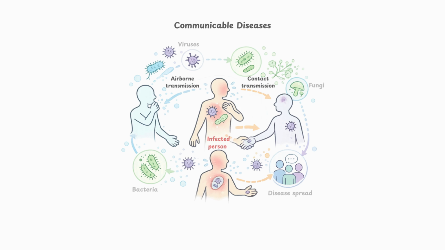Here, we can see how non-communicable diseases, or NCDs, develop because of lifestyle and environmental factors rather than infections. Unlike communicable diseases, these conditions are not caused by pathogens, so they cannot spread from one person to another. On the left, the visual identifies several primary risk factors: smoking, a poor diet, alcohol use, and a lack of physical activity. These habits can gradually take a toll on the body, setting the stage for serious health issues later in life. At the heart of the diagram, the central figure illustrates the long-term impact of these behaviors. Arrows lead from these risks to specific NCDs on the right, such as heart disease, obesity, and diabetes.